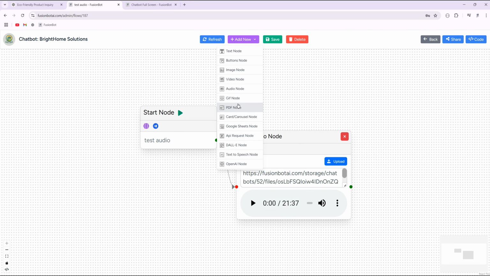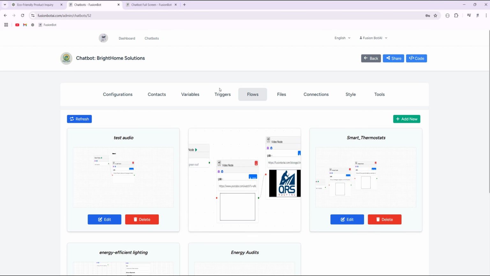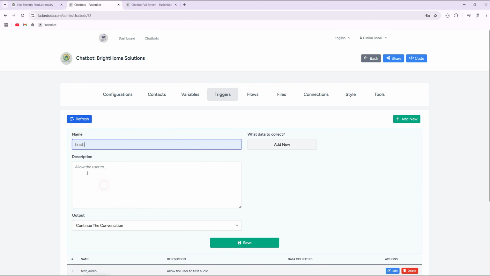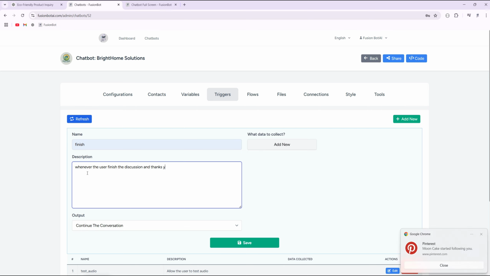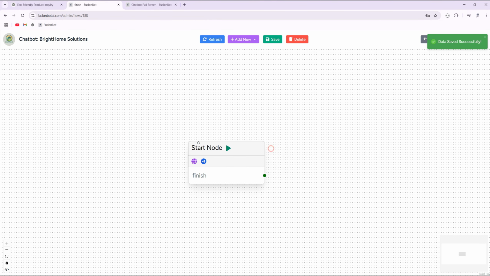We have GIF. Okay, let's say for example, the user finished the discussion, so we're gonna show them a GIF. Here, for example, we call this finish. And here we write whenever the user finishes the discussion and thanks you. Okay, save. Then here create another one called finish, for example, and